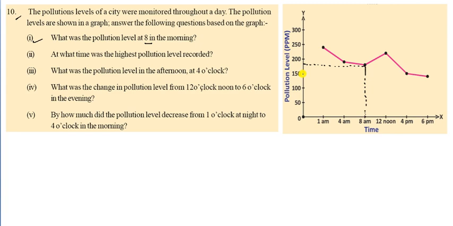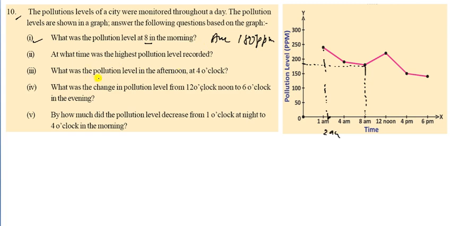That is the pollution, and it is 150, and it is near about 180. So you have to write it is 180. So the first answer is, it is 180 ppm. So you can write in ppm, parts per million. So that's the unit. Now come to the second. At what time was the highest pollution level recorded? Highest pollution, that is 1 am, not 1 am, it is 2 am. So you can see here, that is the time. You can say it is the highest point, that is 2 am.